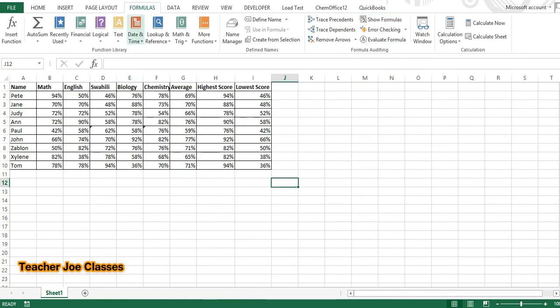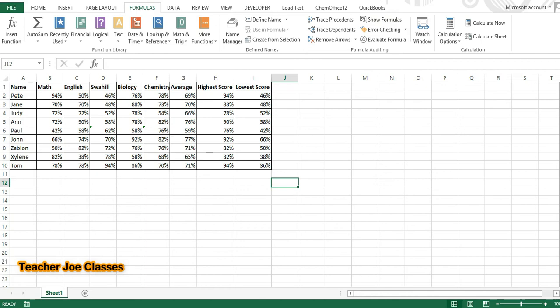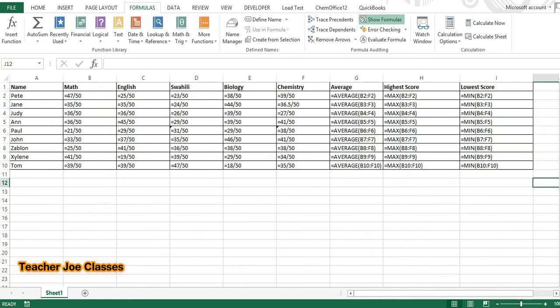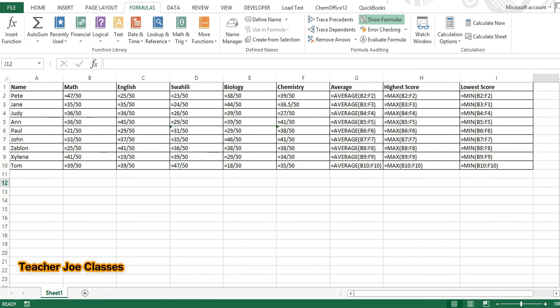Then that works. The keyboard shortcut is to press the control key and the apostrophe key, the one that is just below the escape key and before key number 1. So you press control key and the apostrophe, so it shows you the formulas and it hides the formulas. So that is a quick way you can use to assess the students' formulas that have been put